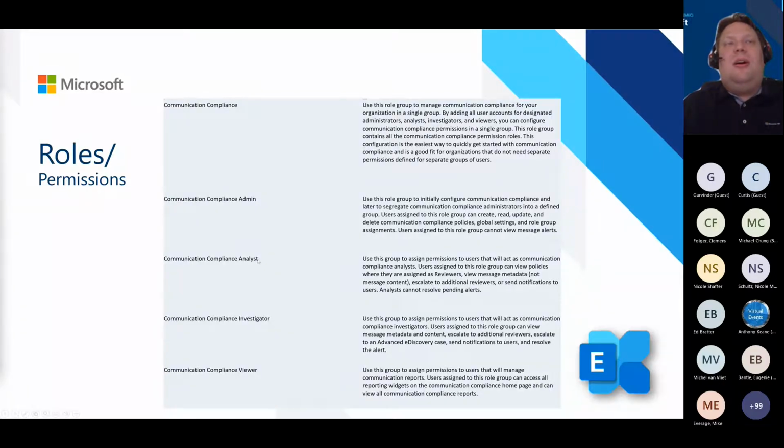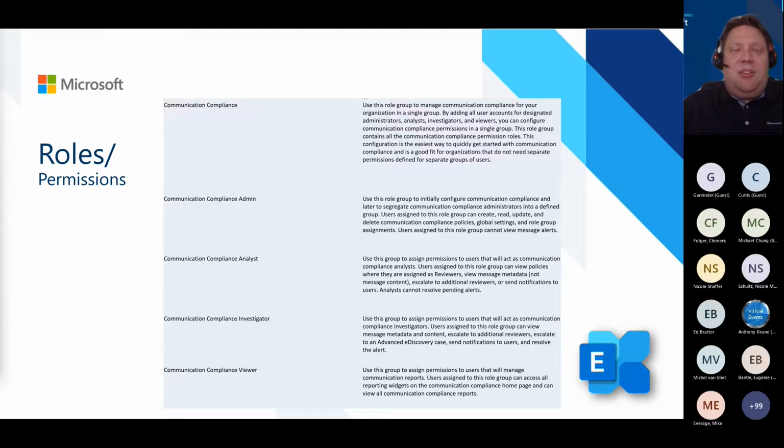The analyst is the role I give most to employees, because the analyst will have a look at the emails, for example, and see, okay, is it forbidden to send this email? Is it okay? Is it a false or true hit in a part of these policies? So I use the communication admin and compliance analyst more and more.